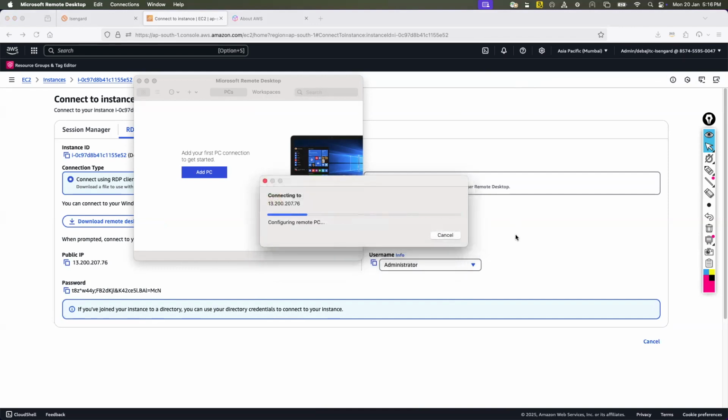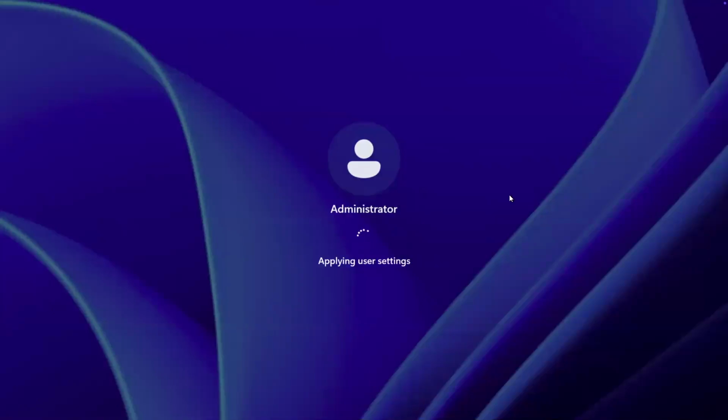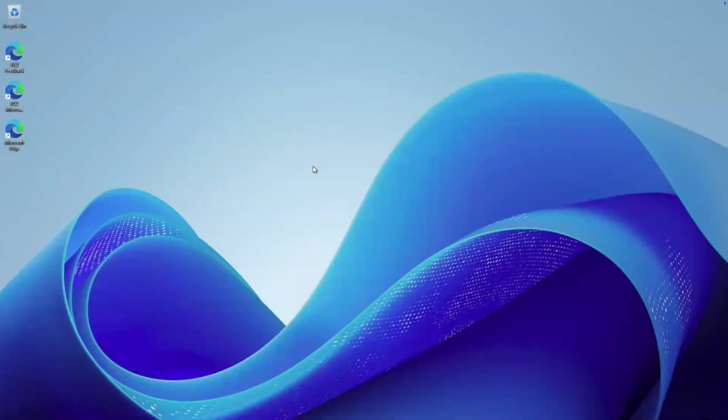So once I'm done, now it is trying to log me into the server, and you see there's a black screen for me. Now it is getting prepared, the server desktop. And after a few seconds, a few minutes, you'll be able to see the Windows desktop screen. Yeah, still going on are some of the background processes of Windows Server. Yes, usually it takes some time. Yeah, and here you go.